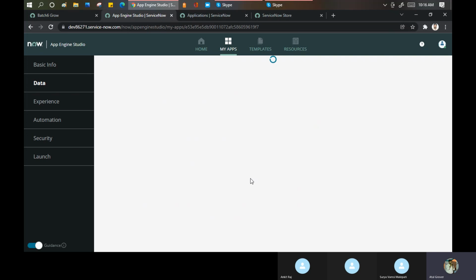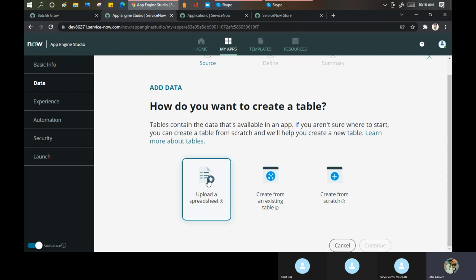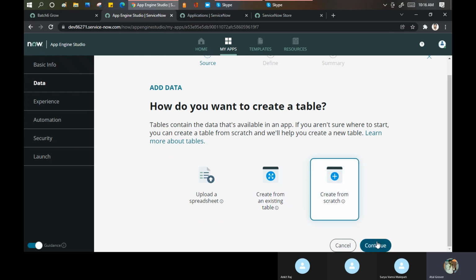That is why I said there is nothing new in application scoping apart from this. Nothing new I'm going to be doing now. You can upload a spreadsheet. You can create from an existing table, like I want to extend the task table or the incident table. Or you can create from scratch. I'll create from scratch. Okay. New